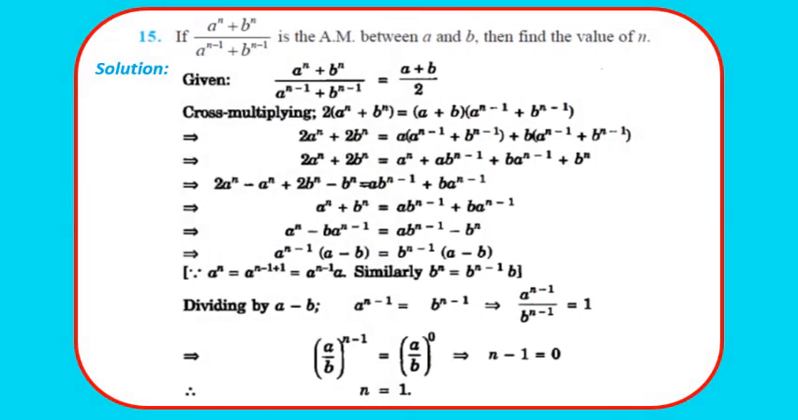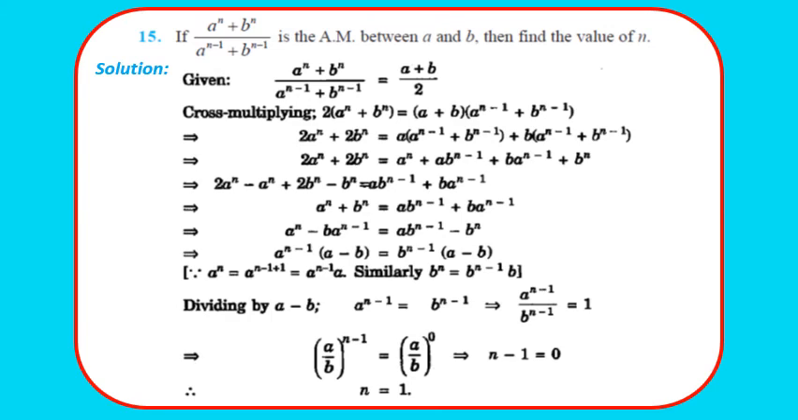Moving to question 15. If (a power n plus b power n) upon (a power n minus 1 plus b power n minus 1) is the AM between a and b, then find the value of n. AM means arithmetic mean. So we have given that (a power n plus b power n) upon (a power n minus 1 plus b power n minus 1) equals (a plus b) upon 2. So simply cross multiply. We get 2 a power n plus 2 b power n equals